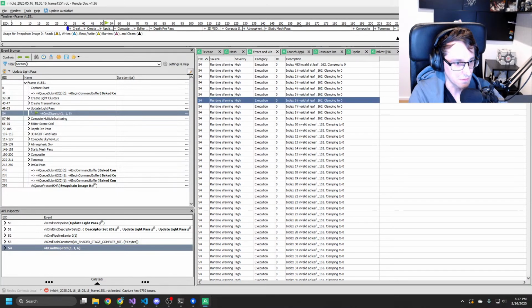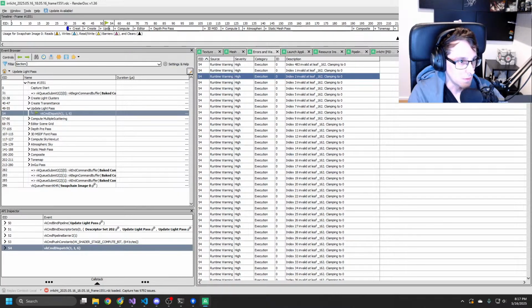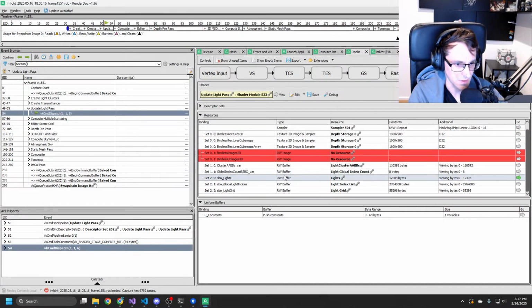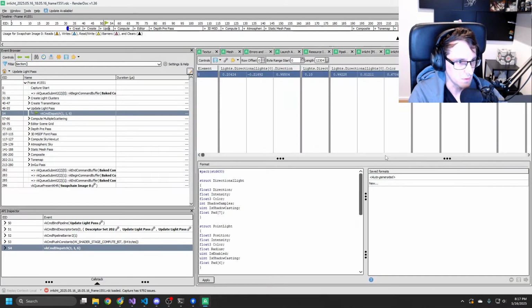Clamping to 0. No idea what that is. Whatever. What I wanted to look at exactly. SPO lights.